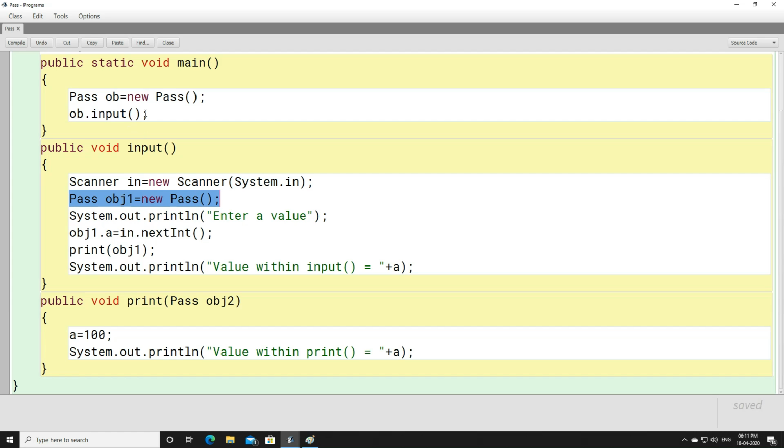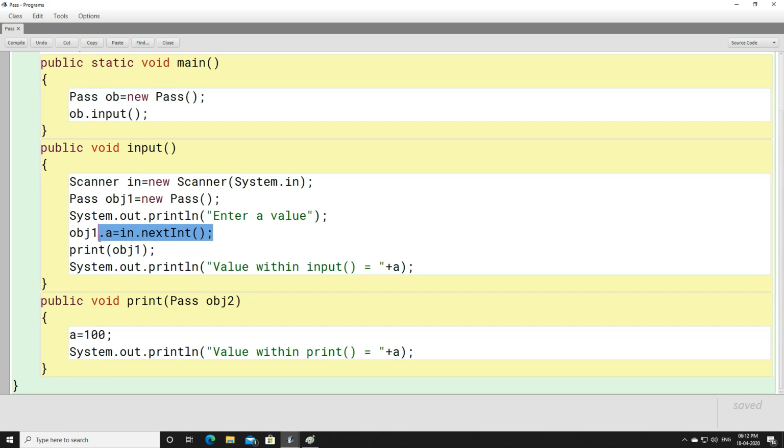So here, in this program ob object is used to call input method, and once it calls input method, you are in that input method, then you are again going to take help of another object to store a value to a. So here you are going to take help of obj1 object to store a value to a variable.